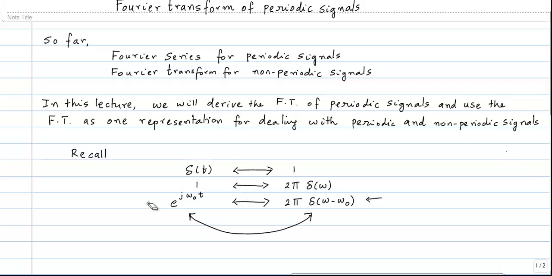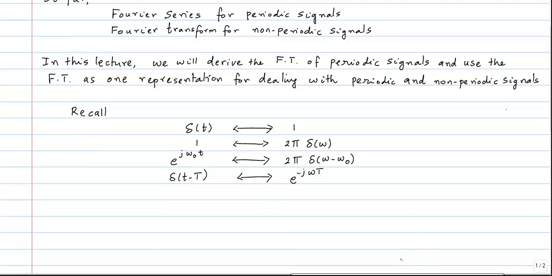Okay. In the same way, you can start with the Fourier transform relation and you can show that the Fourier transform of delta of t minus t naught is e to the negative j omega times t naught. Okay. So now that we are armed with this,